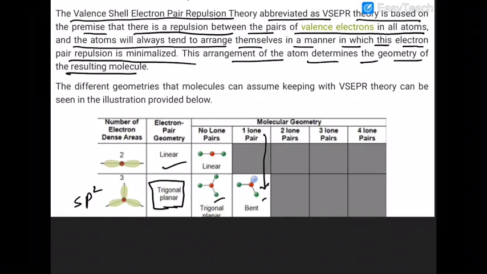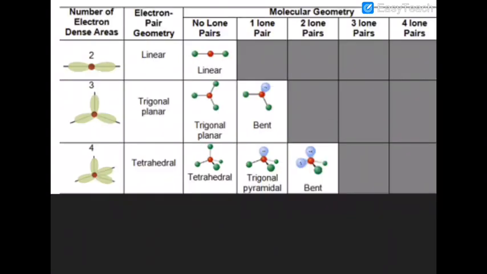So you can clearly see that presence of one lone pair will give you bent shaped geometry. Are you getting that in your mind now? I am repeating once more. In this sp2 case, we get the perfect geometry, trigonal planar, if all are bond pairs. But we get a bent geometry if a lone pair is present in the system.